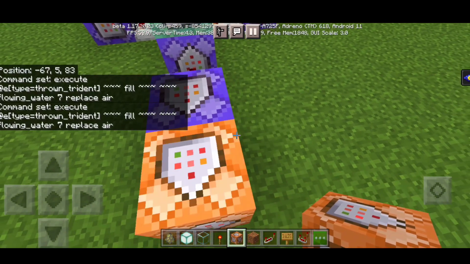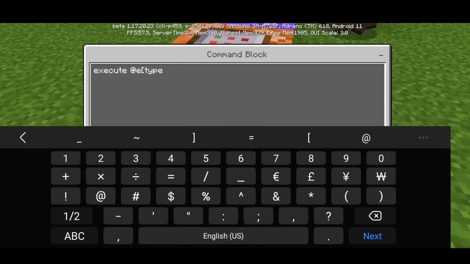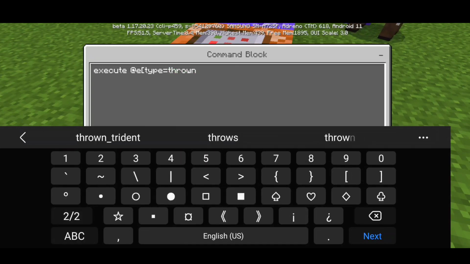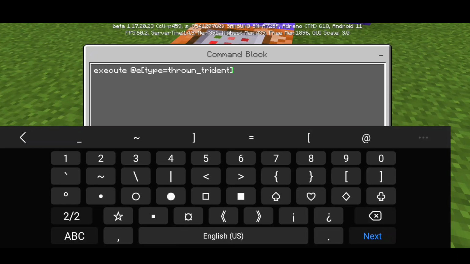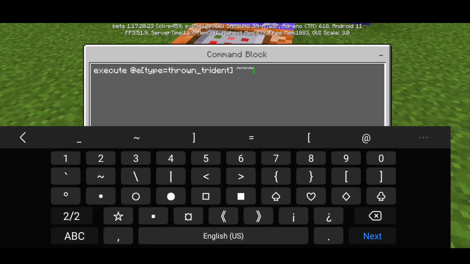And for our next one is the chain command. So basically this chain command I'm gonna do execute at @e, because this time I'm gonna have to put some explosion, I guess. The explosion is pretty much more important to beat that Aether Trident add-on. So basically what we do is drone_trident. Why do I put 5? Okay, trident, here we have it, close bracket, and I'm gonna put the tilde, which is actually pretty important,